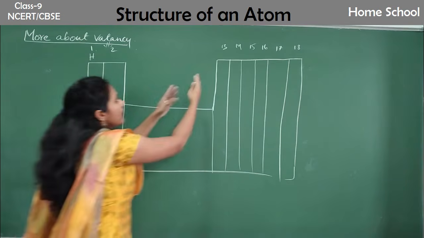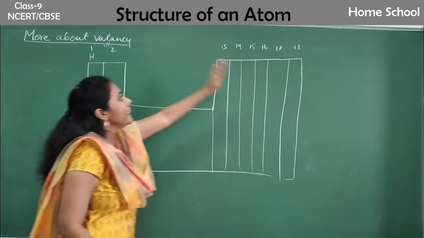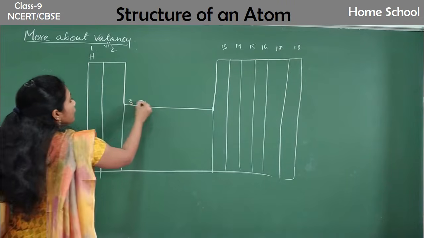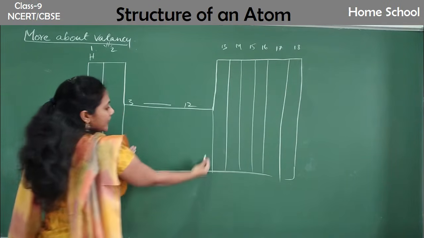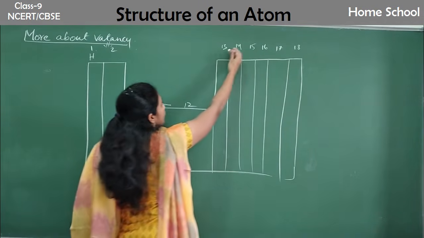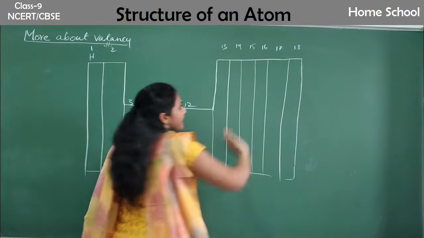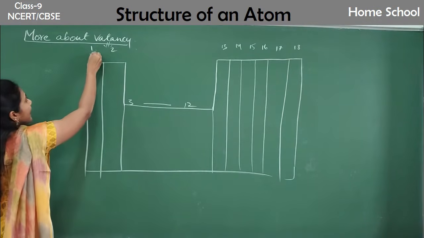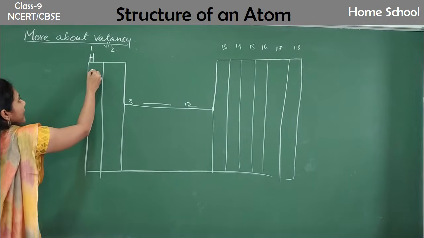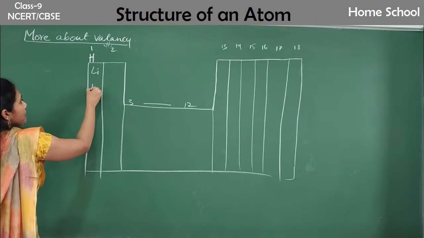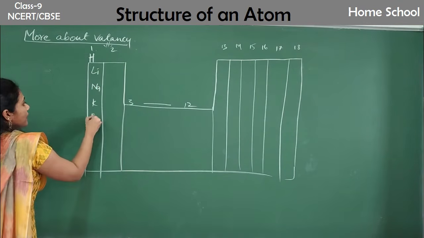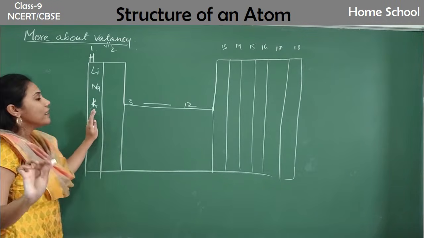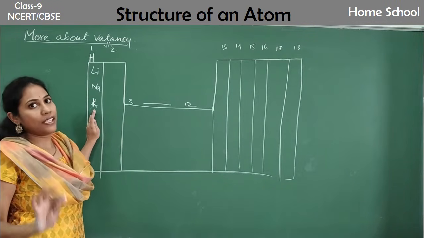Here, these vertical columns are called groups. You have 18 groups. First group is here, second group, third group to 12th group you will find in this position. This is 13th group, 14th group, 15, 16, 17, 18 like that. So just try to remember a few elements that are important. Hydrogen comes in group 1 only. Later here comes lithium, sodium, potassium. Anyway, this much is enough, guys. These many elements are enough to remember for your level.